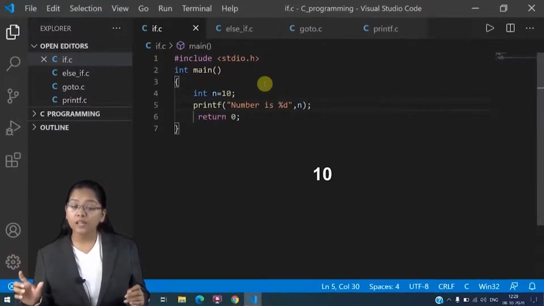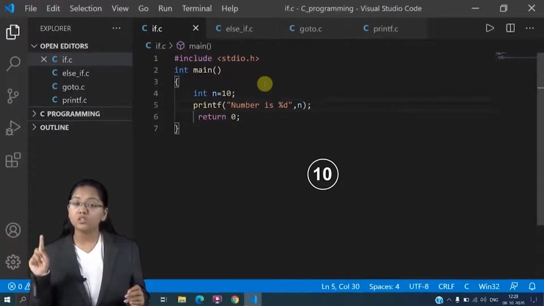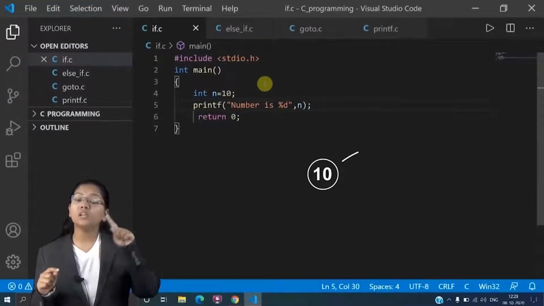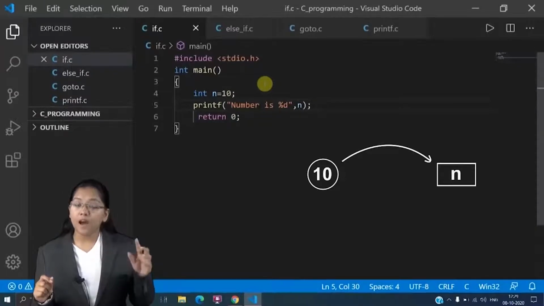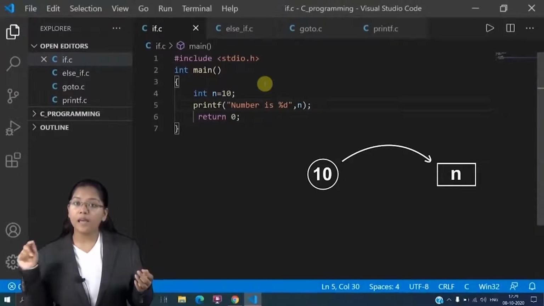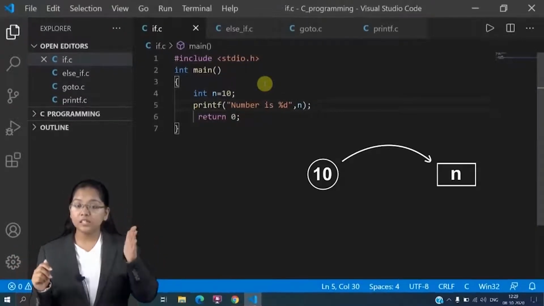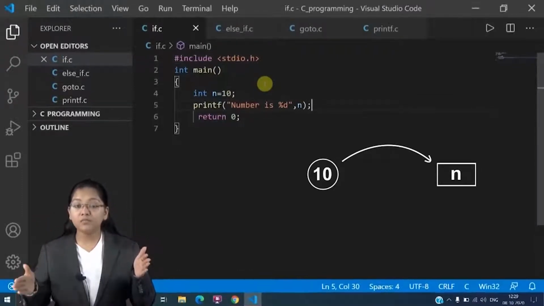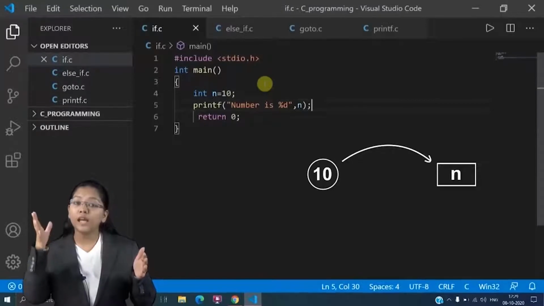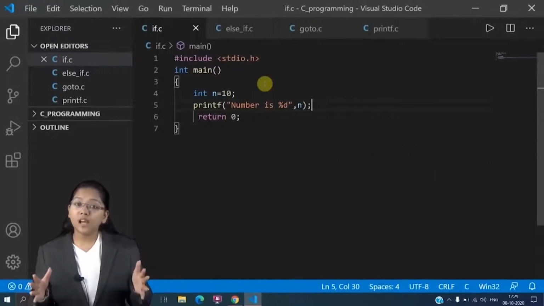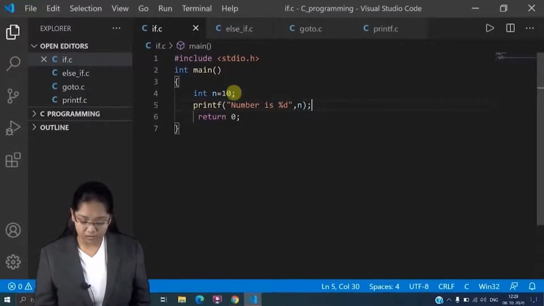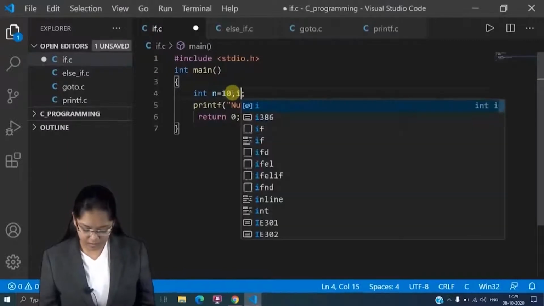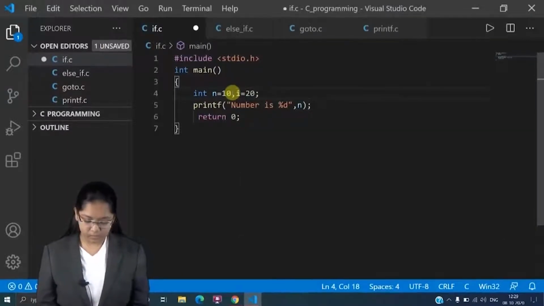So for that, where is the 10 value stored? It is stored in the n variable. Therefore comma n, and %d is used for that n variable to take the value of that n variable. Now let's consider I have a second variable, let's say i is equal to 20. Save it.